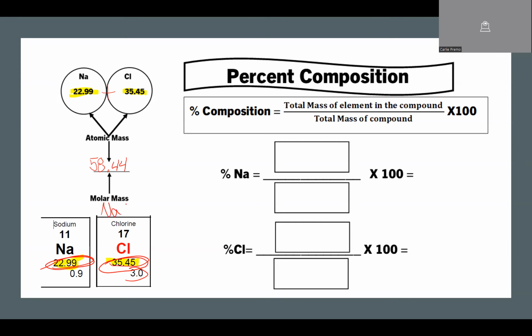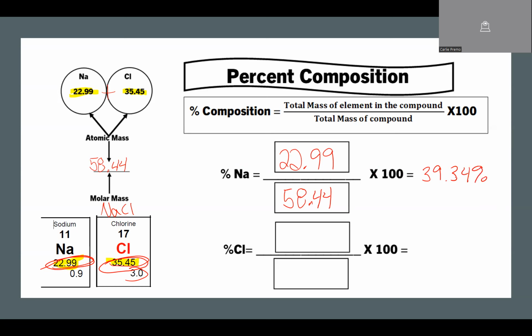Now, when we're looking for a percent composition, it's fairly straightforward. As you can see, the formula here is just how much the element is contributing to the overall mass and then divided by the overall mass. So thinking about this, sodium contributed 22.99 grams to the entire mass, which was 58.44. So just like when you're calculating your test percent, part over whole, we get that times 100, and that's going to give us